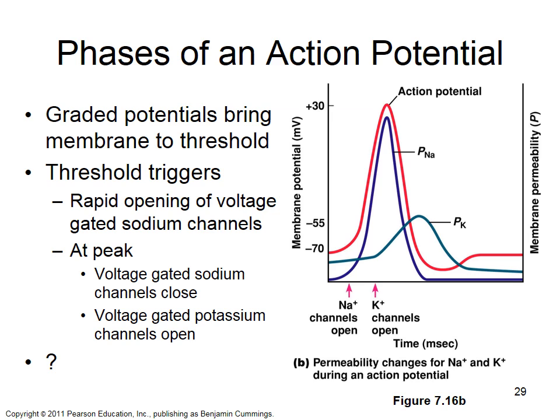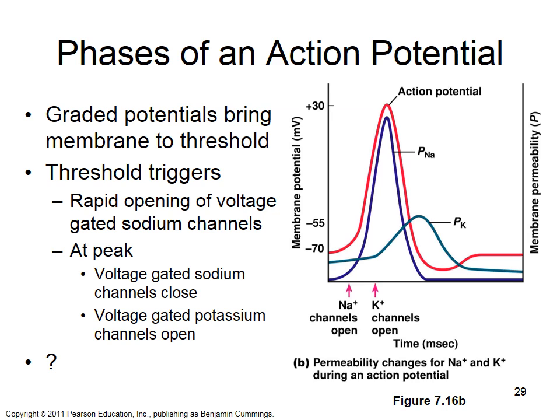And membrane permeability is for potassium, which is the dark blue line, and did I say potassium or sodium? Sodium! You guys, the dark blue line is for sodium. Sorry about that. The dark blue line is for sodium, and the teal line is for potassium. So now we're looking at how permeable that portion of the neuron is to sodium versus potassium.